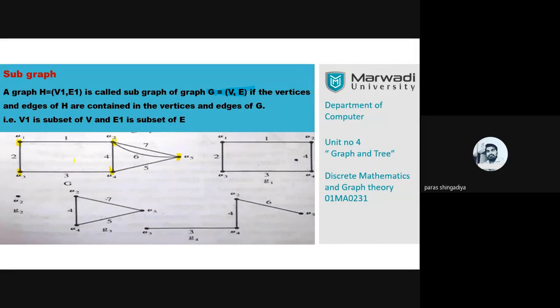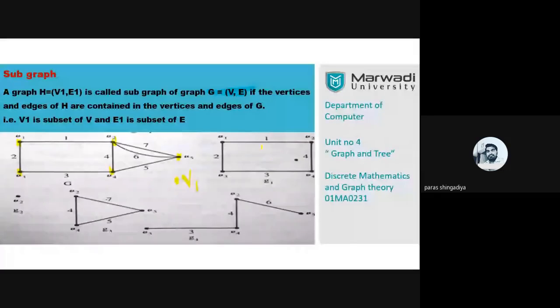You have to take only a single vertex from this graph. Let us take only V1. I write only V1 here. So V1 is also a subgraph of this graph. Only a single vertex I consider from this graph, so it is also a subgraph of the main graph. And here I consider 4 vertices, so it is a subgraph of this one. And remember one thing, the edges included in the subgraph should be edges of the main graph. Vertices included in the subgraph should be vertices of the main graph. You have to include from the vertices of G. That is also a subgraph.